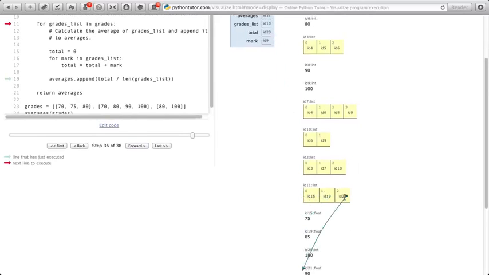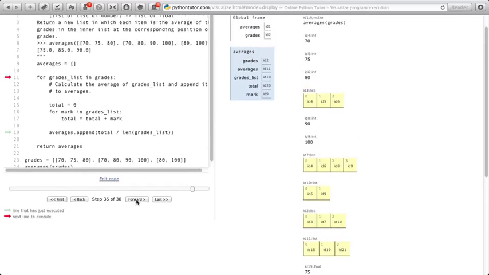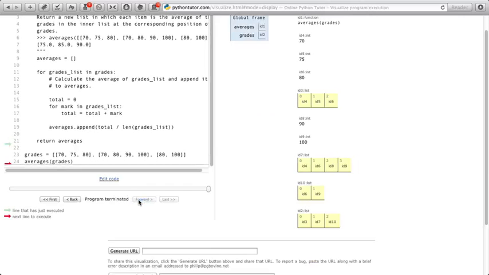We've now gone through all 3 of our nested lists, so this outer loop will terminate. And we're done. We will now return this averages list, which, as a reminder, now contains 75, 85, and 90. We're about to return that value. We don't do anything with it in the main program, so when I click forward, the program will just